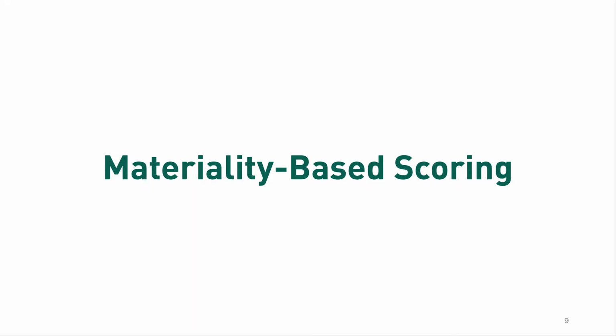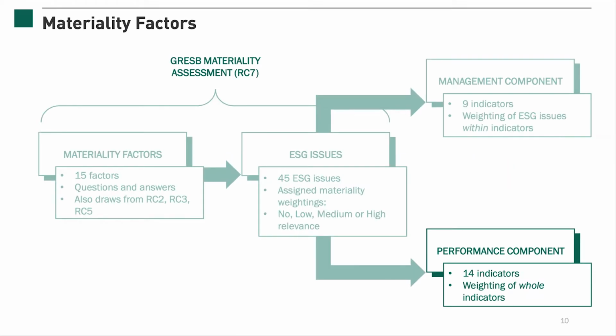We'll give a brief explanation of how materiality-based scoring works in the performance component. For more information, we recommend completing the lesson on materiality-based scoring. GRESB's materiality-based scoring process applies the well-proven process of materiality assessment to scoring, thus ensuring that all assets are assessed and scored based on the ESG issues that are most material to their circumstances. This diagram explains the process, but we won't go into detail here as there is a specific lesson focusing on this. Essentially, completing the GRESB Materiality Assessment Indicator, RC7, determines the materiality or level of relevance for each of the